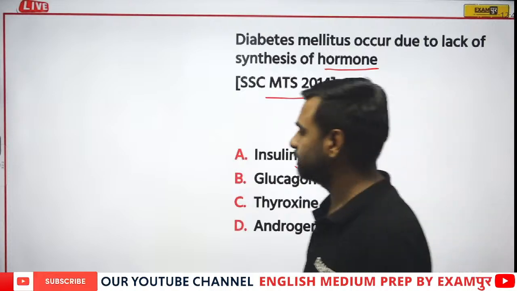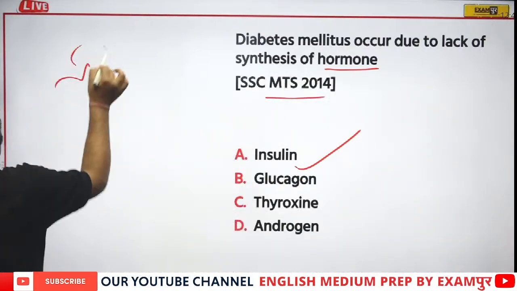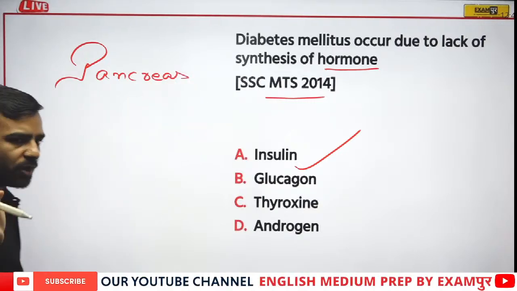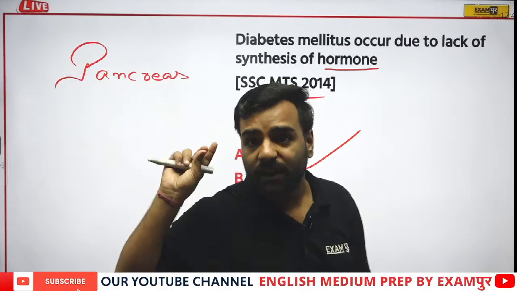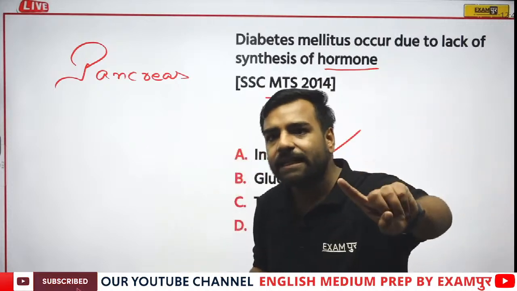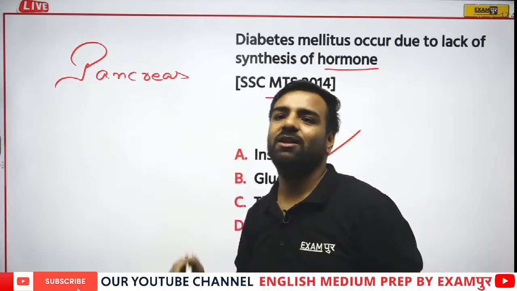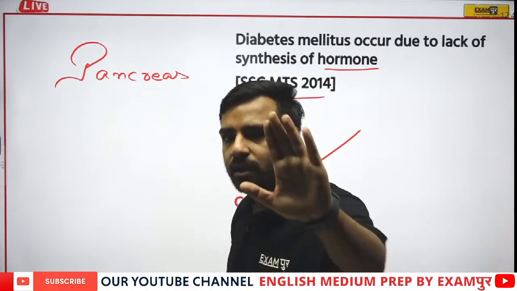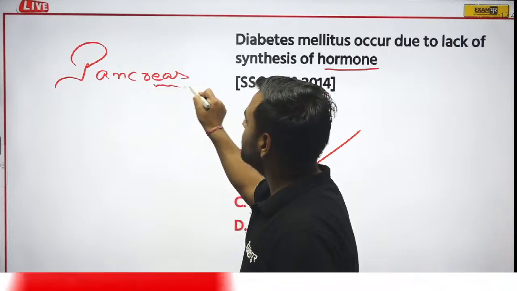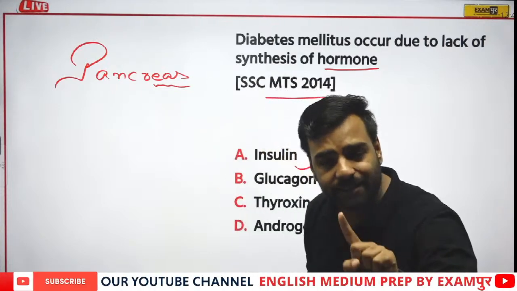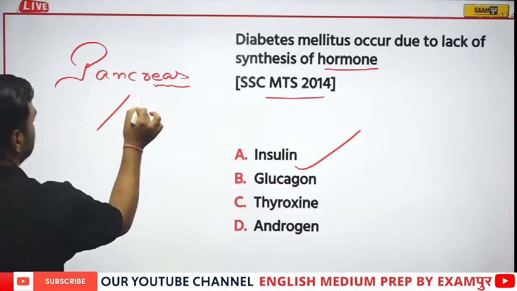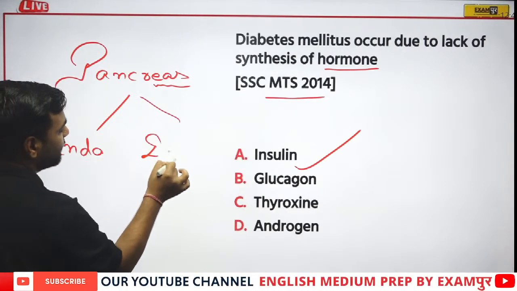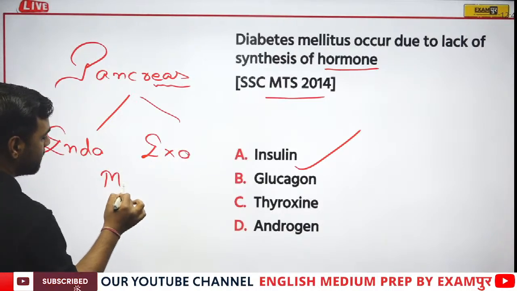Let's have a look over here. There's a gland that is known as pancreas. Now there's an important question which is asked from this part. Everyone remember what I'm saying. Pancreas, yes Sudesh, awesome. It's good that you have answered. Good, totally correct. Now, there's a gland that is known as pancreas. This pancreas is actually both endocrine and exocrine. That's why it is known as mixed gland.